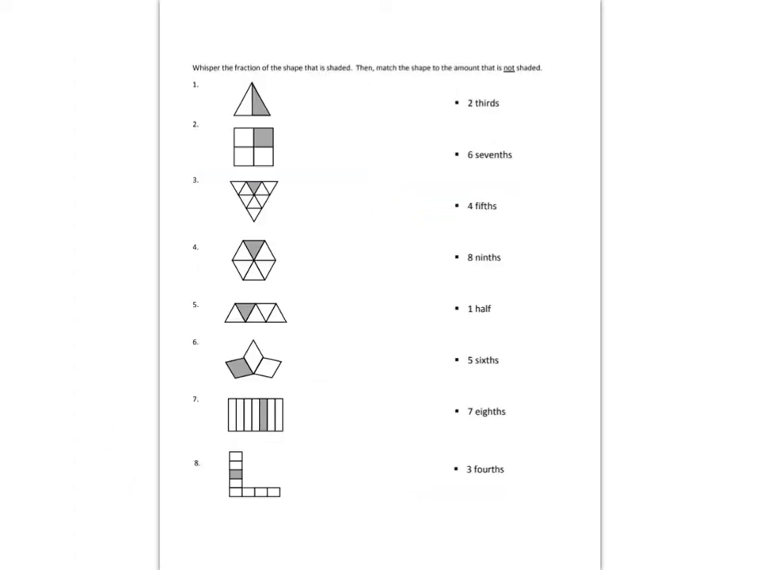Let's move on to the problem set. I'm going to complete the first one with you. The directions say, whisper the fraction of the shape that is shaded. Then match the shape to the amount that is not shaded. For number 1, instead of whisper, I'm going to practice my note taking and take the note of what is